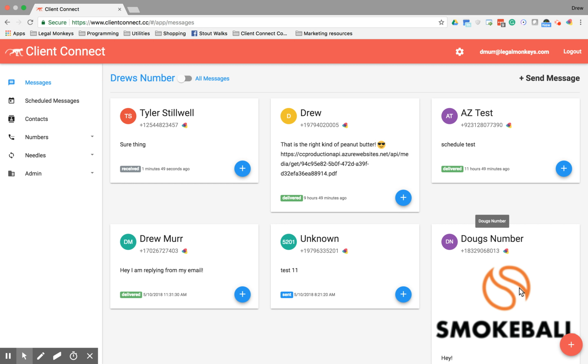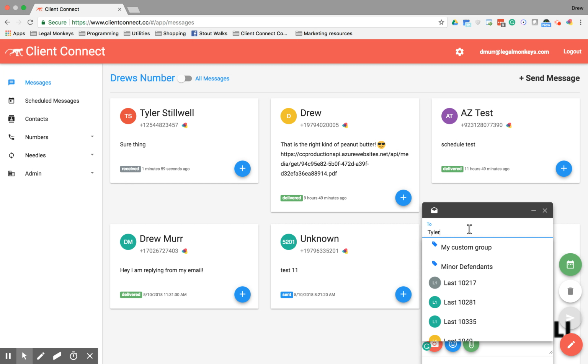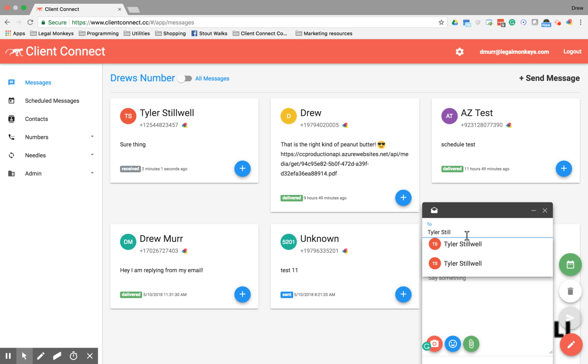So we'll start by just composing a new message, and you do that from the Compose button, which is always on the bottom right-hand corner of the Client Connect dashboard. So I'm going to compose a new message to Tyler, and as I type his name, it becomes available on